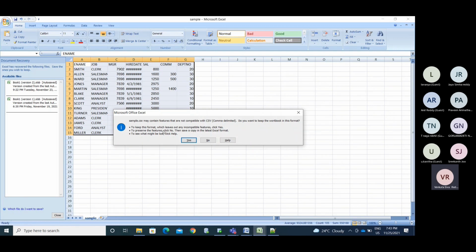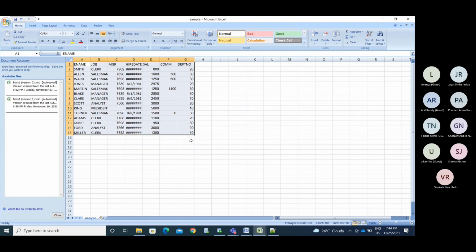Keep this format, preserve the features, click on no, then save a copy at least in the Excel format. Okay, now I copied the data.